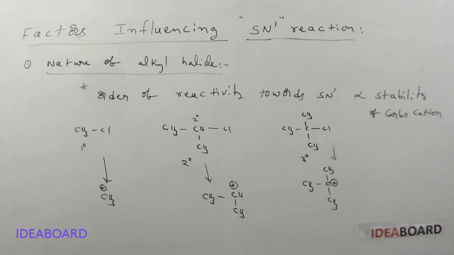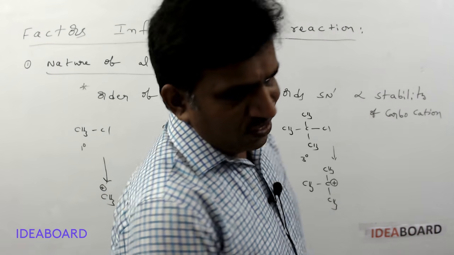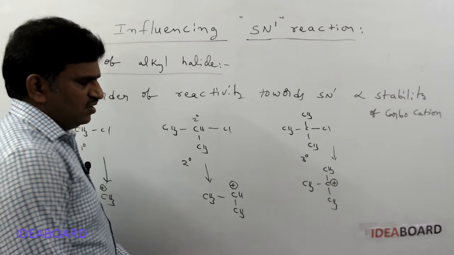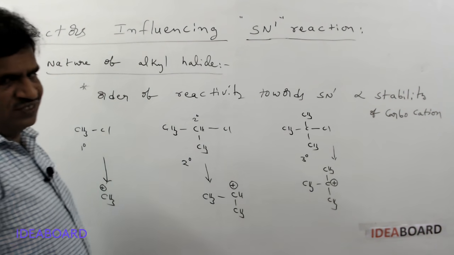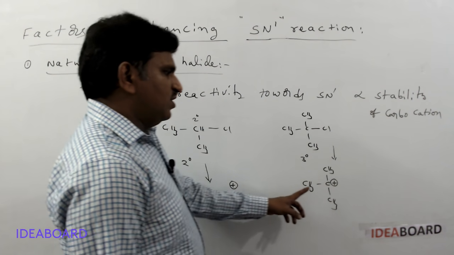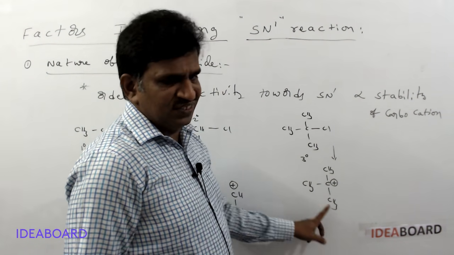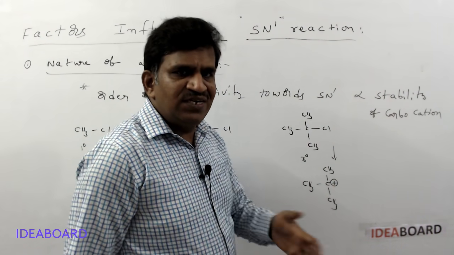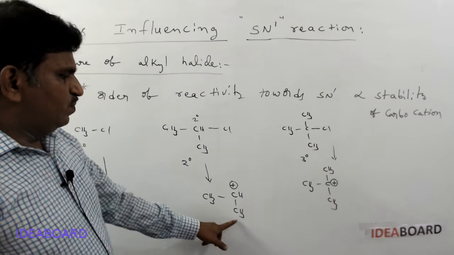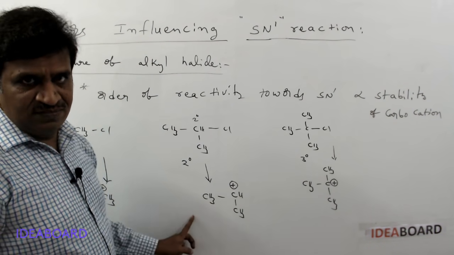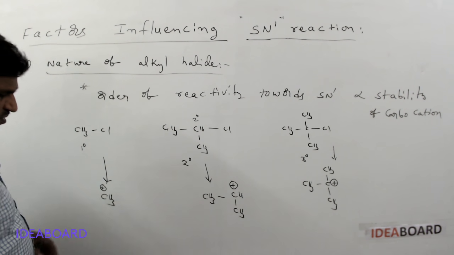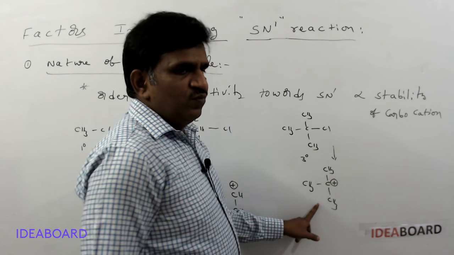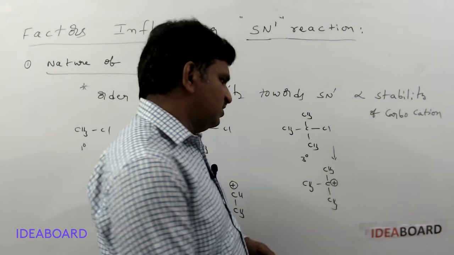Here the more stable carbocation is always the tertiary carbocation, according to the inductive effect principle or according to hyperconjugation. We studied hyperconjugation structures and the inductive effect in GOC in first year. According to the inductive effect, here 3 +I groups are present. The more +I groups, the more the positively charged carbocation's stability increases, and 2 +I groups is less stable compared with this. And here there is no inductive effect, it only has CH3 plus. So this has more +I groups and also hyperconjugation.